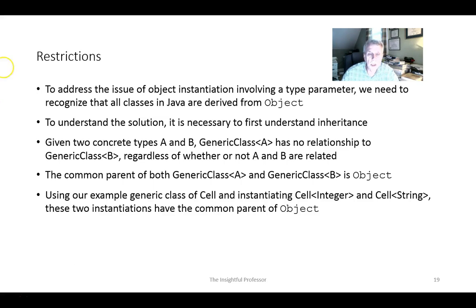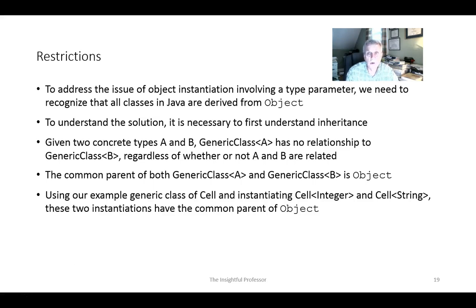So here we're just saying in general, if we create this generic class using A, and we create the generic class using B, passing those two types as type parameters, what happens is there's no direct association between classes A and B. And using them both in the generic class does not instantiate or cause a relationship to come into existence. The one thing that we know about both of them is they both have a common parent or a